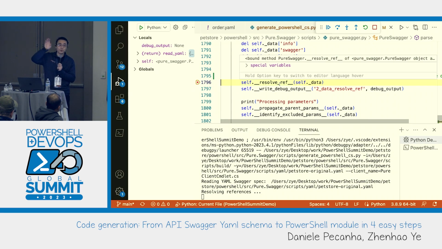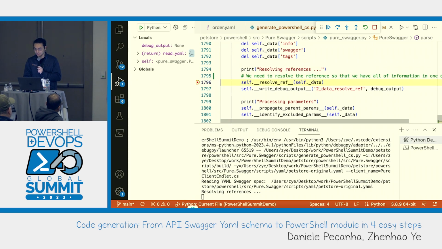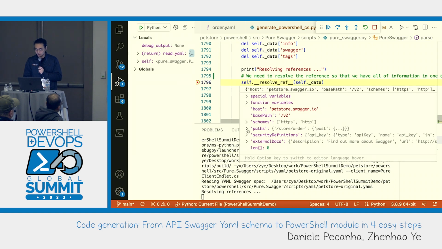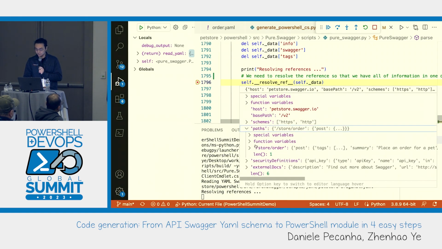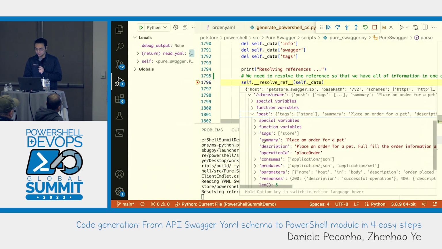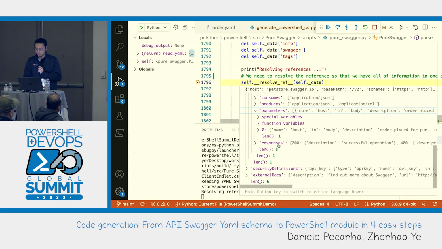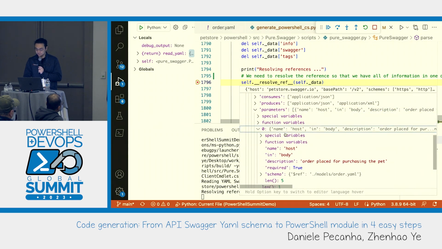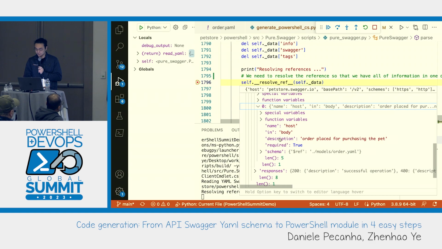And eventually, we will have one single Python directory, the Python map, to have all of the information of all of these models and all of these APIs. So let's take a look at the data now to see how it looks. We have paths, and we have /order, /store/order. We go into the post function, go into the parameter, go to the name of this order, which is